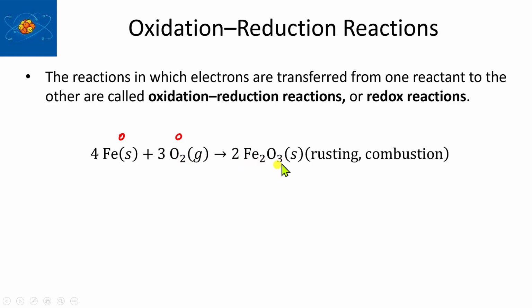But in Fe2O3, iron, a metal, is generally less electronegative than oxygen. We then assume that oxygen has a minus 2 charge here, and for the iron, we can calculate its oxidation state by saying the overall charge is 0. So it can be 2x plus 3 times minus 2, equals 0. What that means is each iron is a 3 plus charge when you do the algebra. So iron is going from,